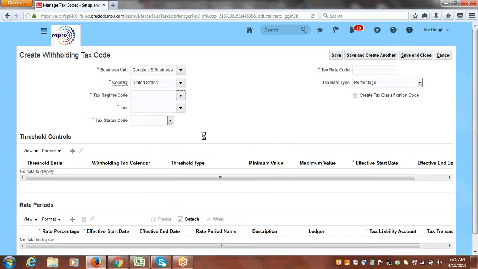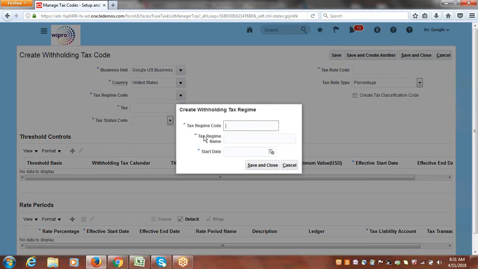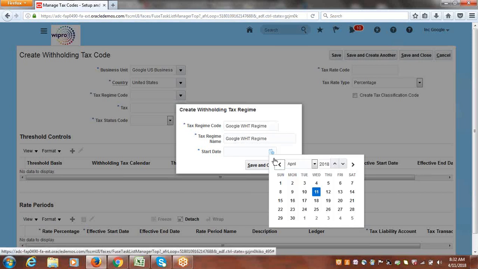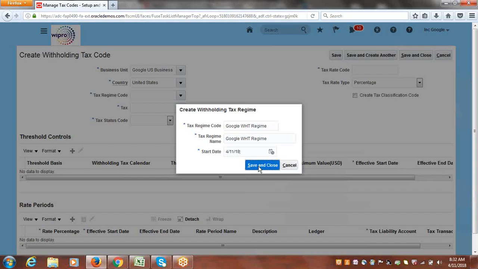Click on create. It's a very simple definition. Say Google withholding tax regime. The same name you can take. Start date is today's date. So save and close. So now system will select